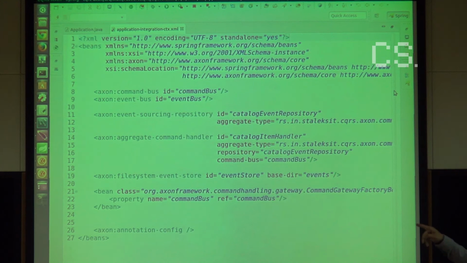So here I used the simplest solution, the file system event store. There are other event stores like JPA, JDBC, or whatever. The command bus also is the simplest one. It will do everything in one thread from the moment that it receives a request: create a message, put the message on the command bus, do the event handling, and publish the event. As I said, this is the implementation of the simple command bus. Axon provides others